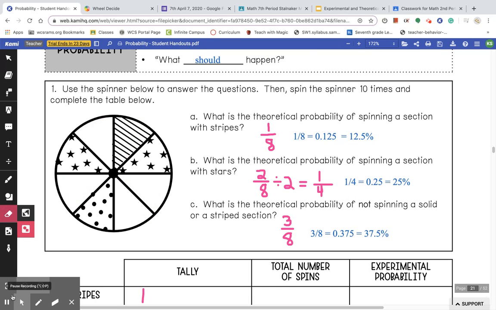All right, so now it's time for the experimental probability part of this. So it says up here, after we use the spinner below to answer these questions, then spin the spinner 10 times and complete the table below. So I went ahead and created